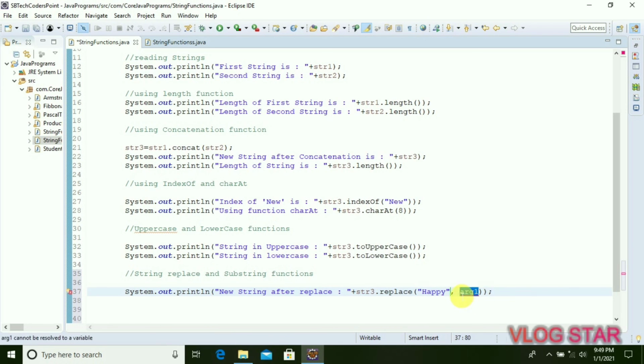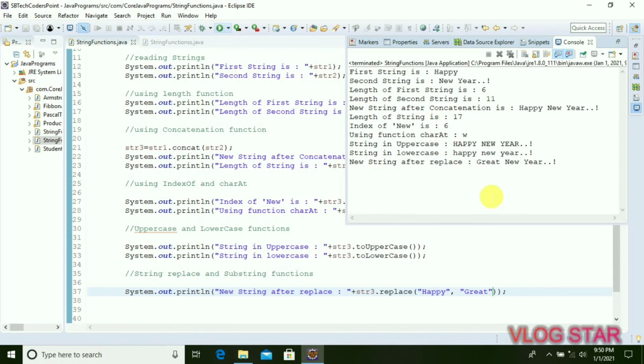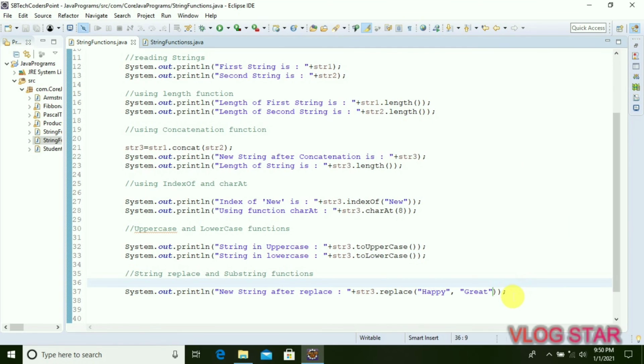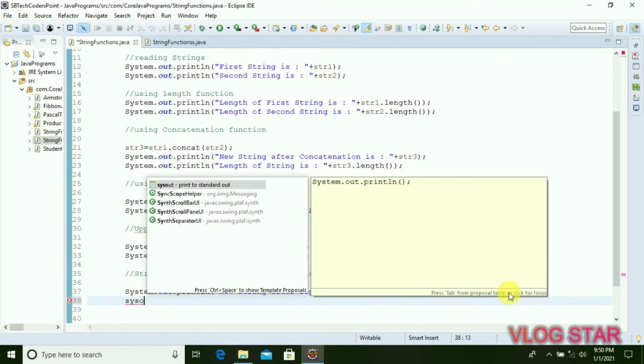In our string we can also replace character, and here we have to provide the word through which we want to replace our word. So we will provide here great. Now save our program and run it. So we can see the string get converted into Great New Year instead of Happy New Year.